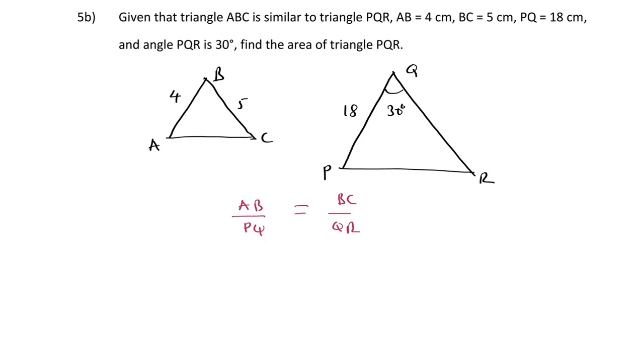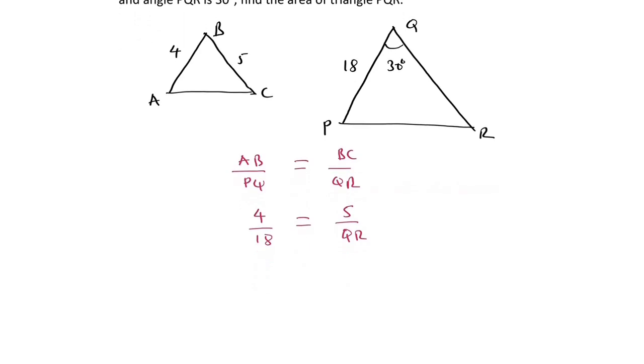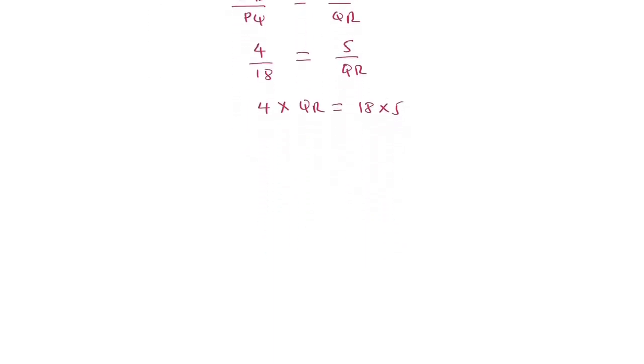Okay, so now let us apply the given values. Then we are going to have 4 over 18 equals 5 over QR. Let us now cross multiply these values. Then we are going to have 4 times QR equals 18 times 5. Next, let us divide by 4 both sides. We are going to have QR equals 18 times 5 over 4. After solving the values, we are going to have QR equals